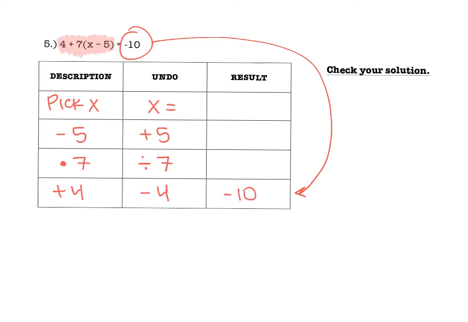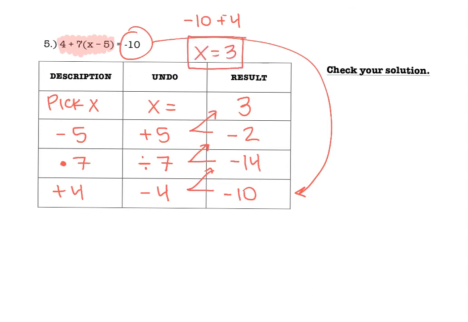All right, I have negative 10 minus 4. And if it helps you guys, do the little problem to the side because negative 10 minus 4 is like negative 10 plus negative 4. And so that is negative 14. Be careful with the negative signs. Negative 14 divided by 7 is negative 2, and negative 2 plus 5 is 3. So I think my solution is x equals 3, but I'm going to do a check step,